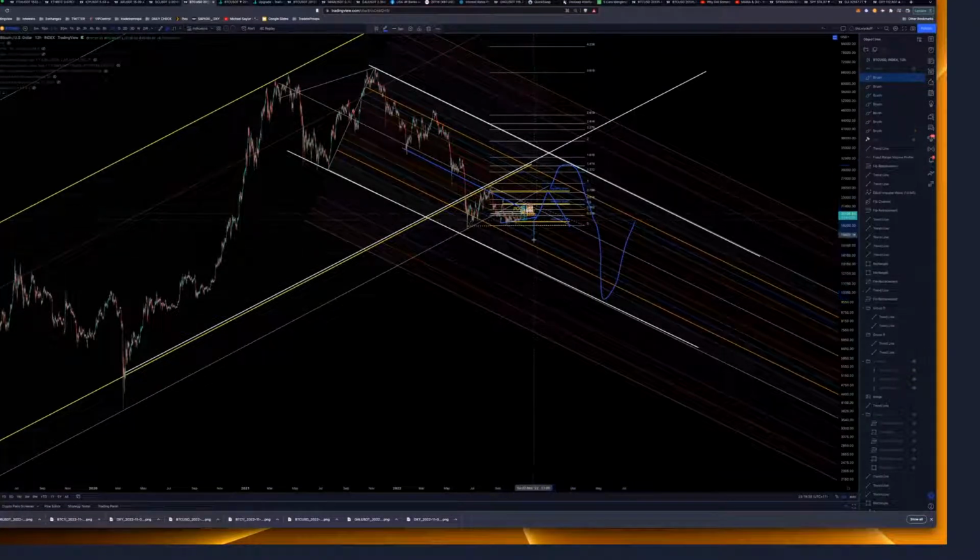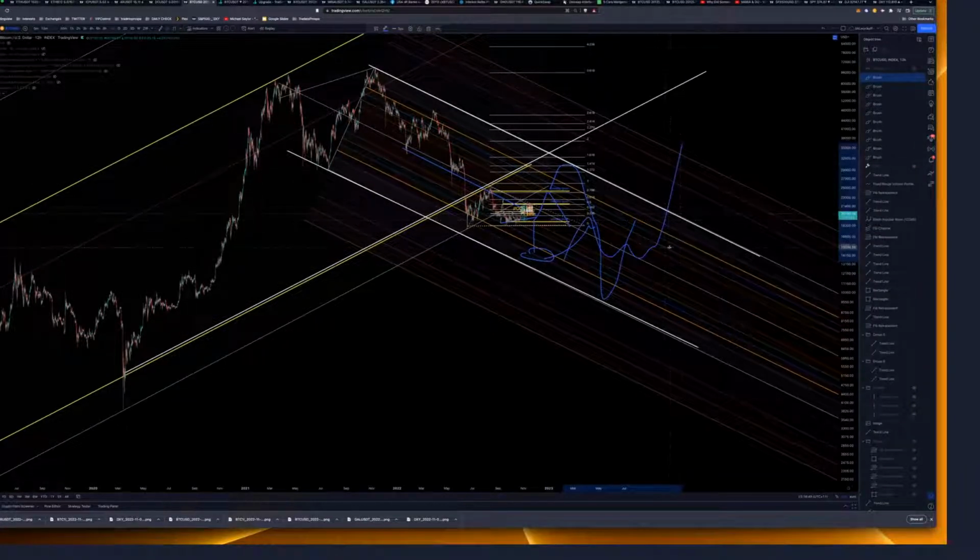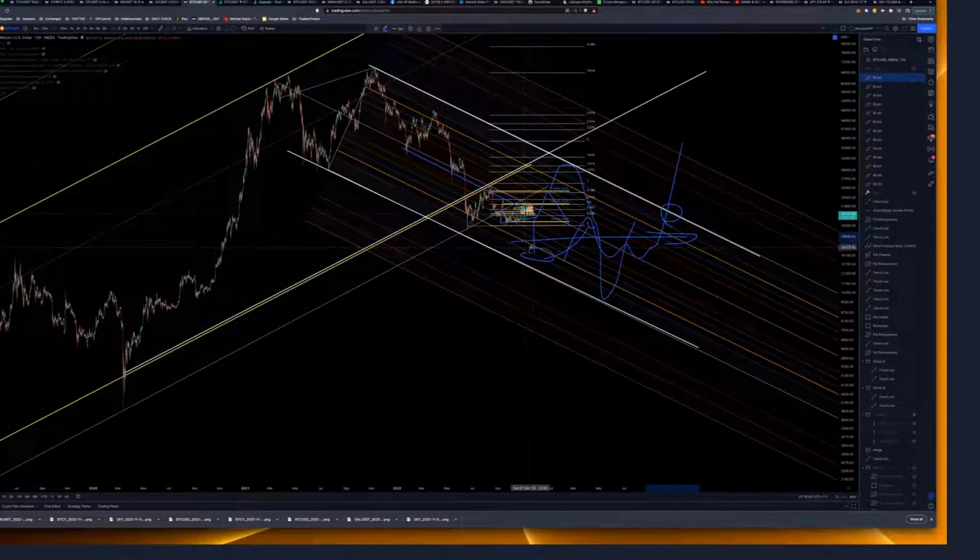If it drops from here, then we've got this level based on this channel. I've got other ways of measuring it, but I won't go into the details. And then we could go sideways for a while before we break the channel. The moment we break this channel, this is another perspective. This is when we need to be bullish. If this was to go sideways like that for some time, and it